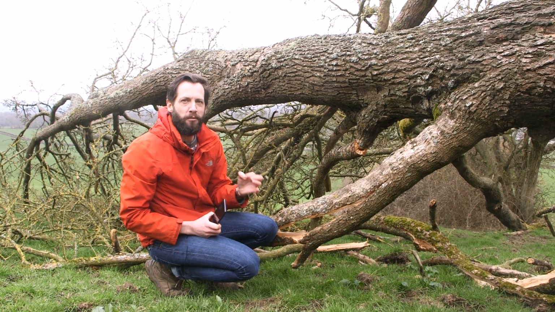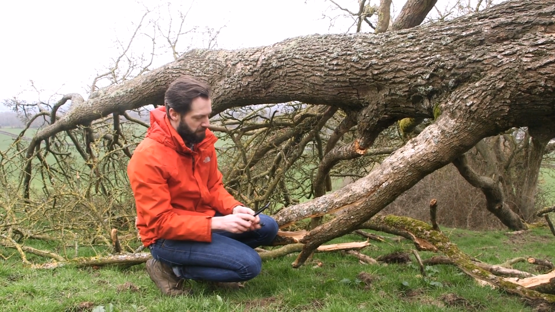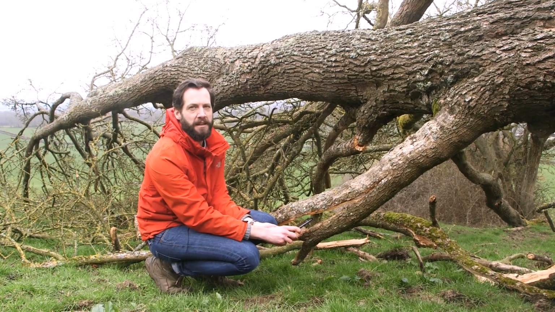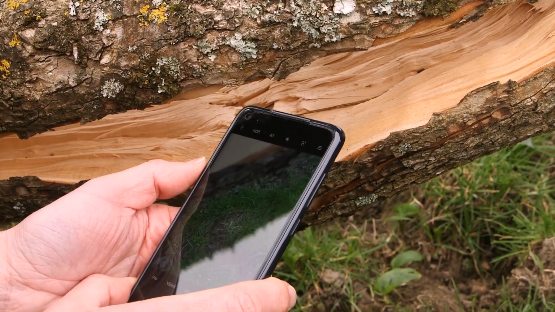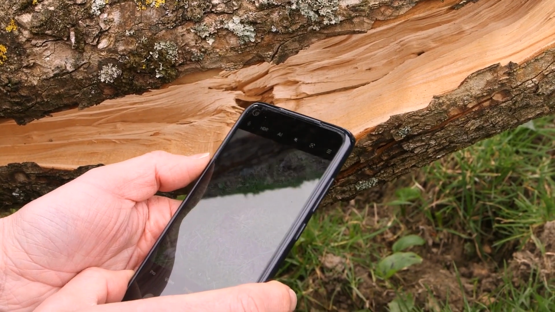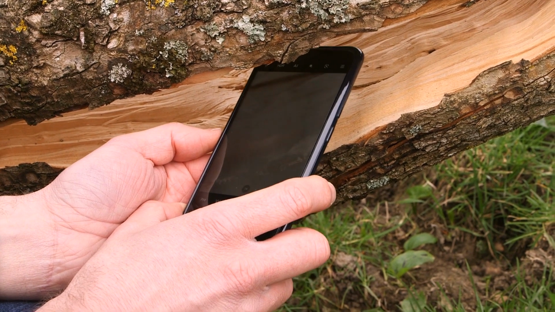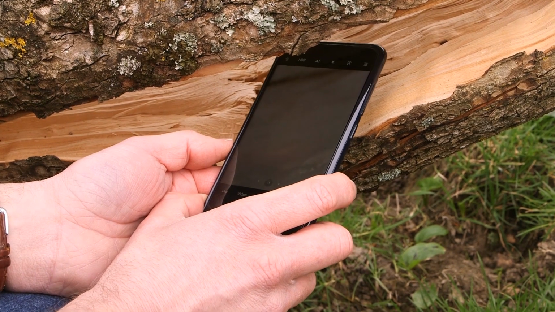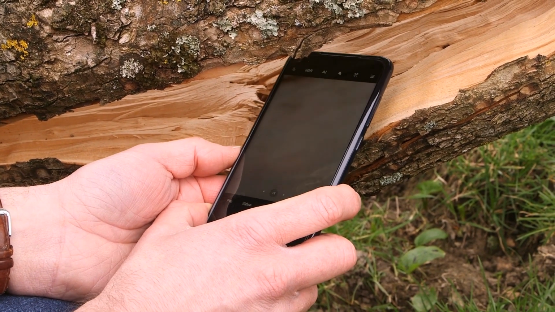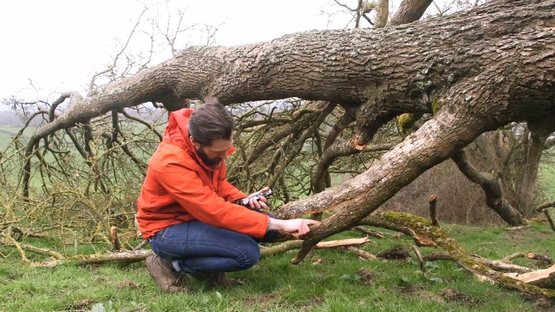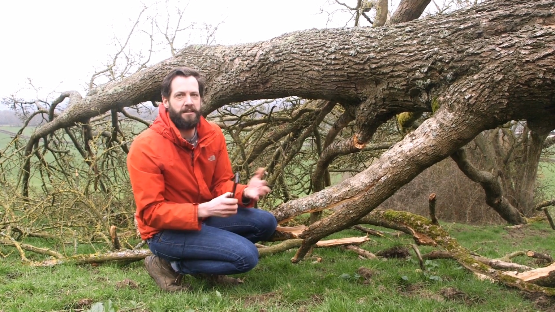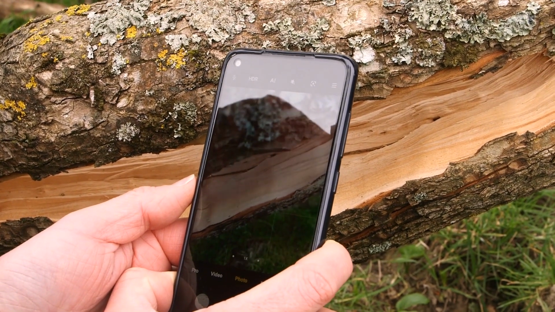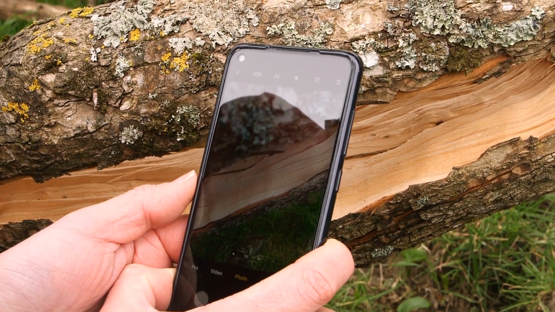Making the most of really small texture and detail is tricky in photography because as I poke my phone in here as it is, I'm too close for the lens to catch focus. If we angle our phone in there, you can see that we now can't catch any focus at all. We need to come way back. In fact, within the space that we've got, we can't even catch focus in there at all. And all of this wonderful wood grain in here is completely lost, it's just a mushy blur. So we need to come all the way out and frame something much wider, much less good looking,